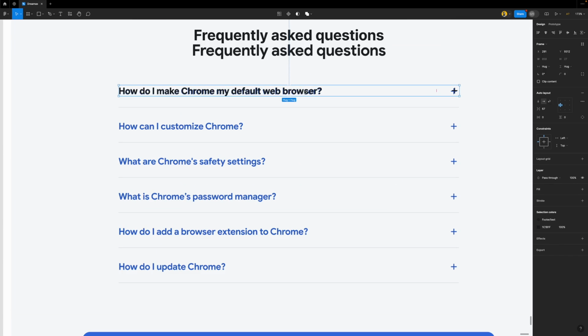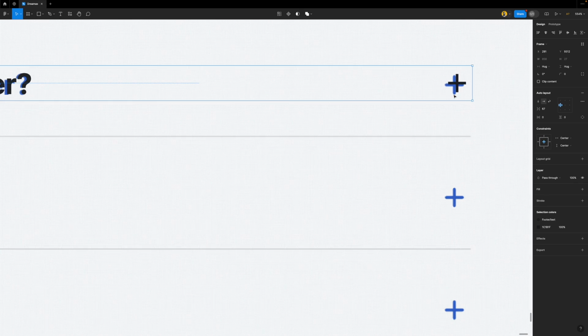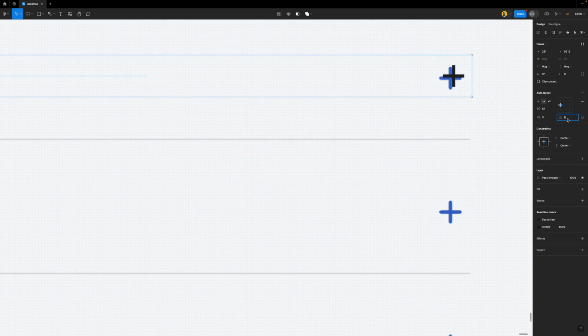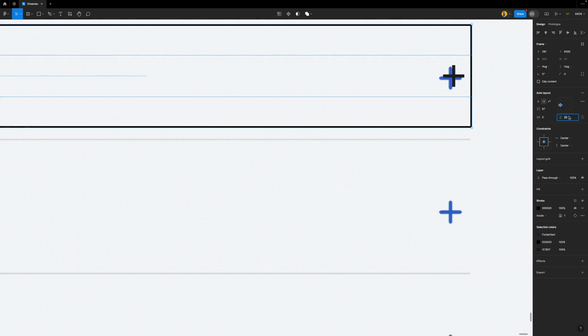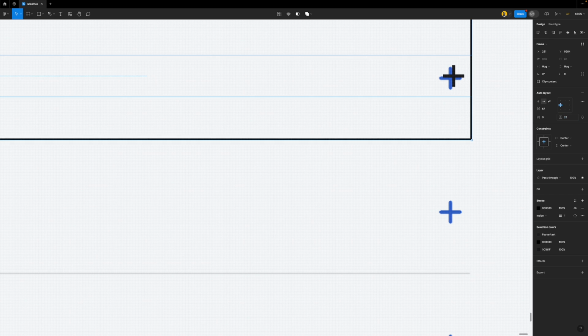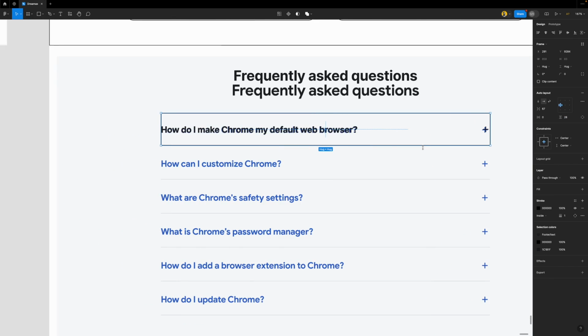So to increase the height, I would constrain this to the center and horizontal, and then I would just zoom into here so that I can see it when it gets to that line. Increase the vertical padding. Let's give it a stroke, don't forget, and then increase this. That's perfect. All right, with that, what we're going to do next is we're going to duplicate it,